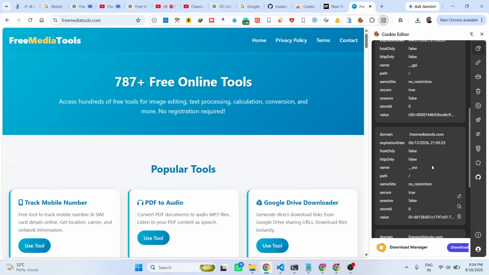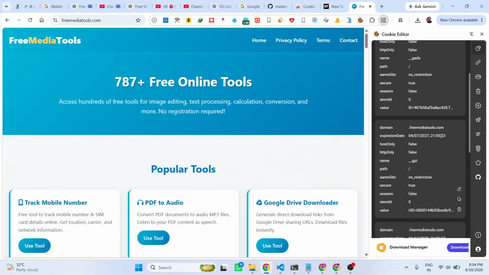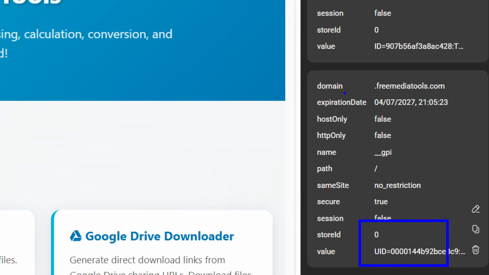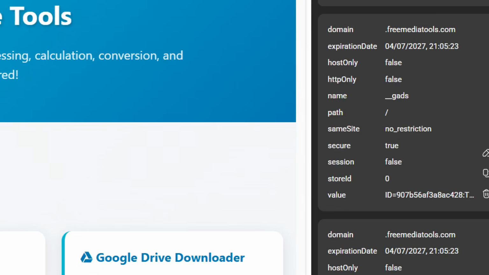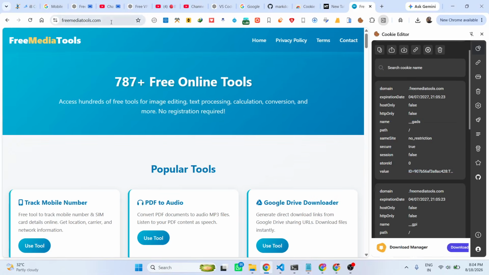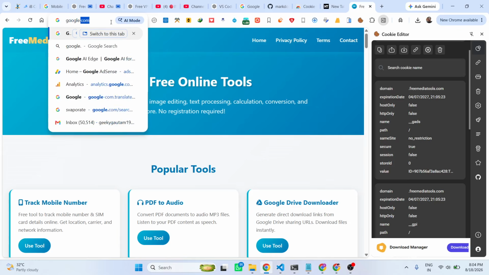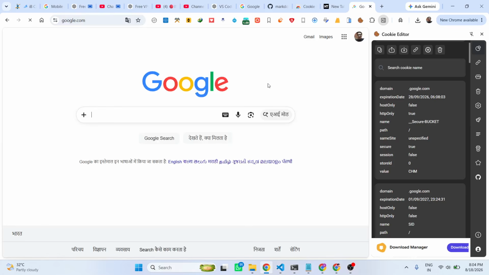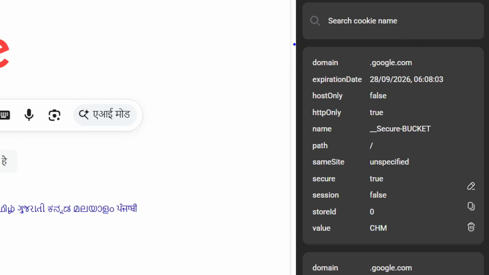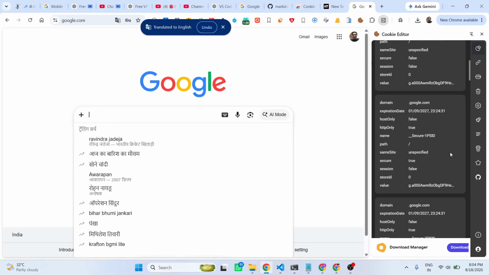It's a very good extension. Every website stores some cookies. So if you have some knowledge, you can even edit these cookies. This happens with every website. So let me visit google.com. Google also, as you see, is storing these cookies,